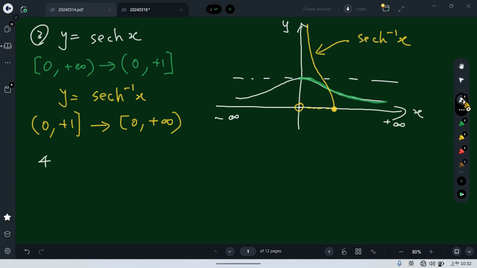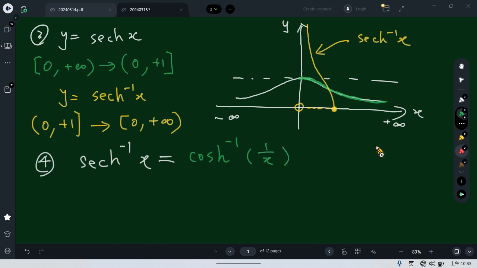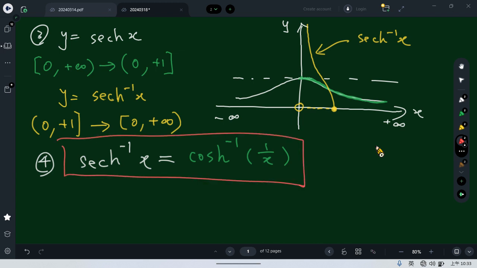This is very interesting: arc hyperbolic secant of x is equal to arc hyperbolic cosine of 1 over x. This result is very interesting. Why do I say it's interesting? Because you can see